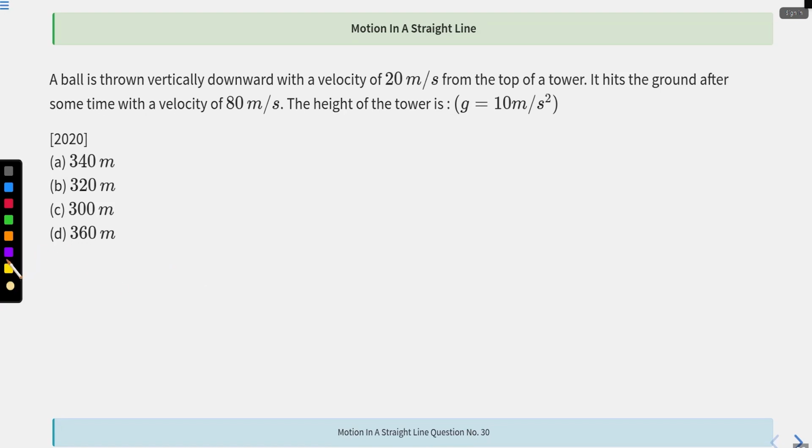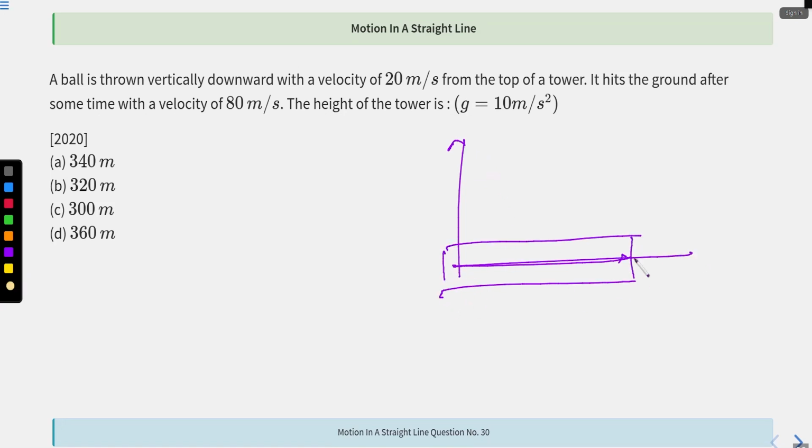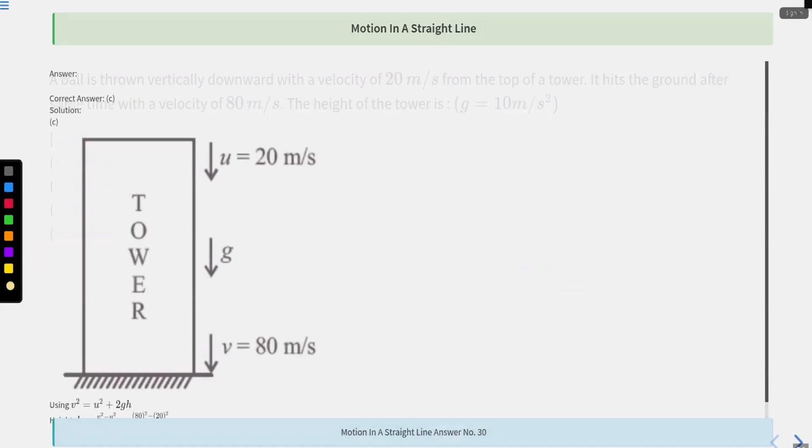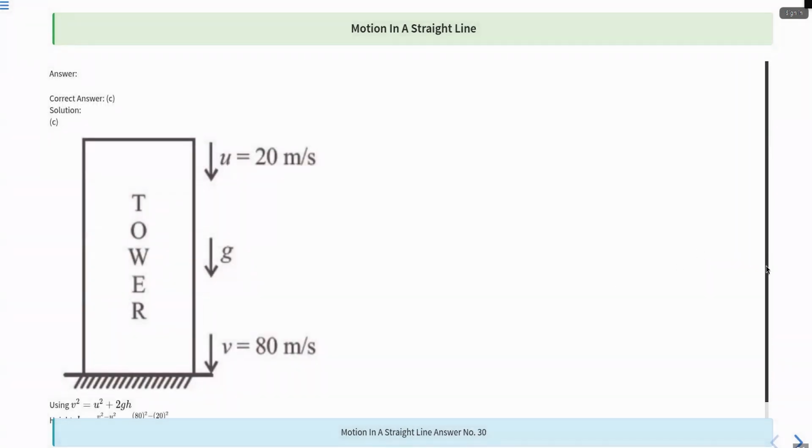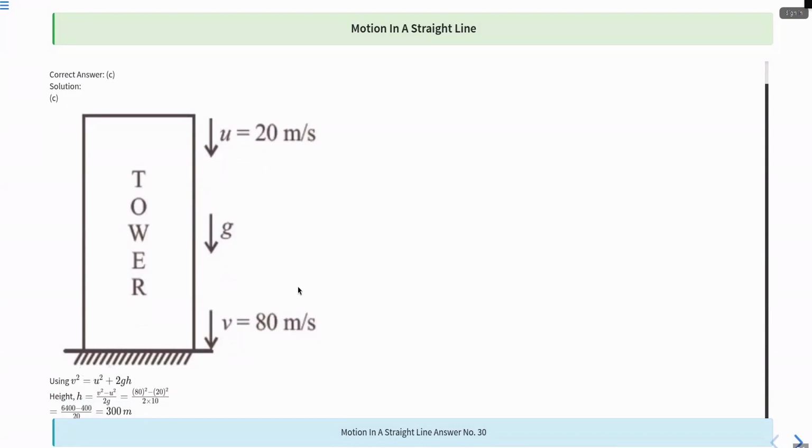See, until now, whatever questions you had done, those were on the ground, right? So that was with respect to the x-axis, correct? Now this question basically deals with everything on the y-axis, right? Everything will be the same. It will be just a minus and plus thing, okay? So this is the height of the tower. The initial velocity is 20 meters per second. This is g,